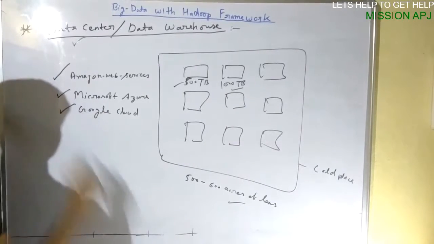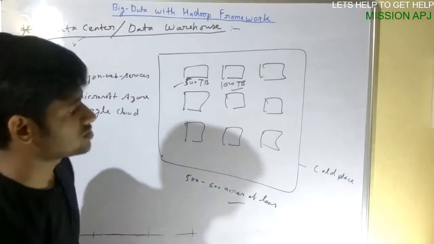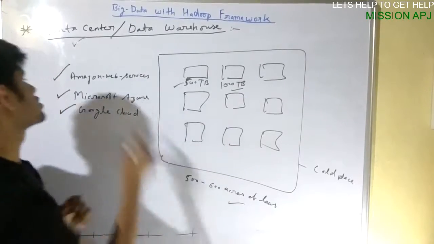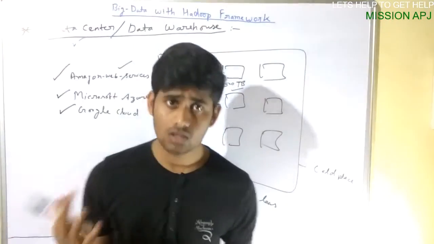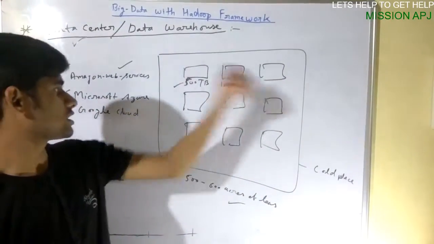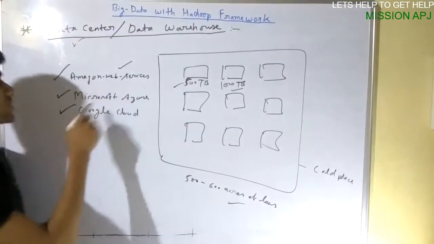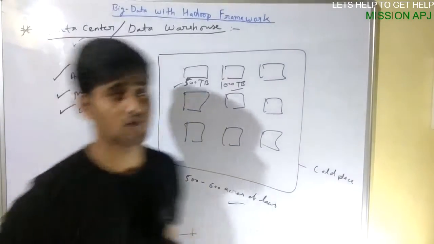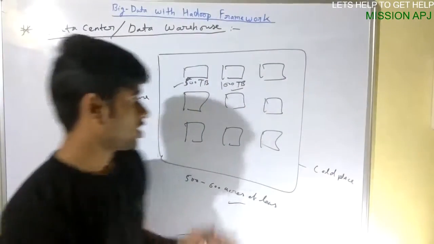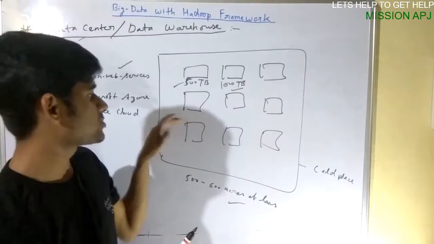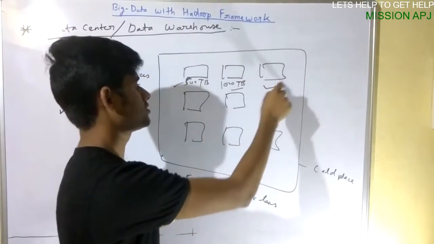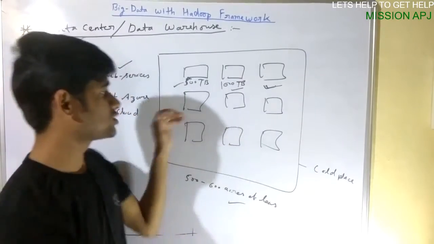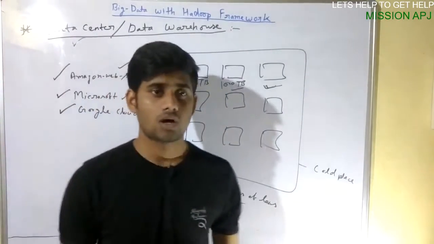So these provide those data warehouses. Why? How? Amazon Web Services has some of its own things, so it gives the warehouse. Microsoft Azure also has lots of data to be stored, but lots of space they have is empty. Suppose this much of the hard disk they have used, but what about the rest? They are not going to utilize that.